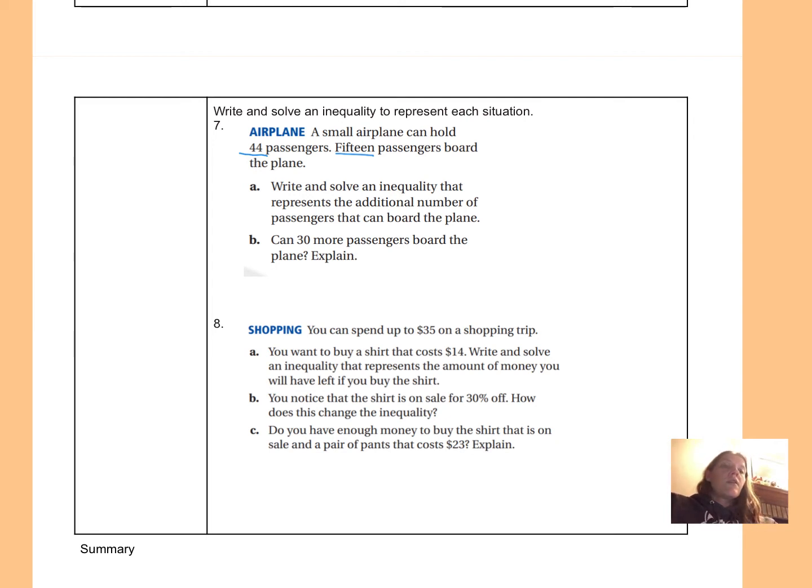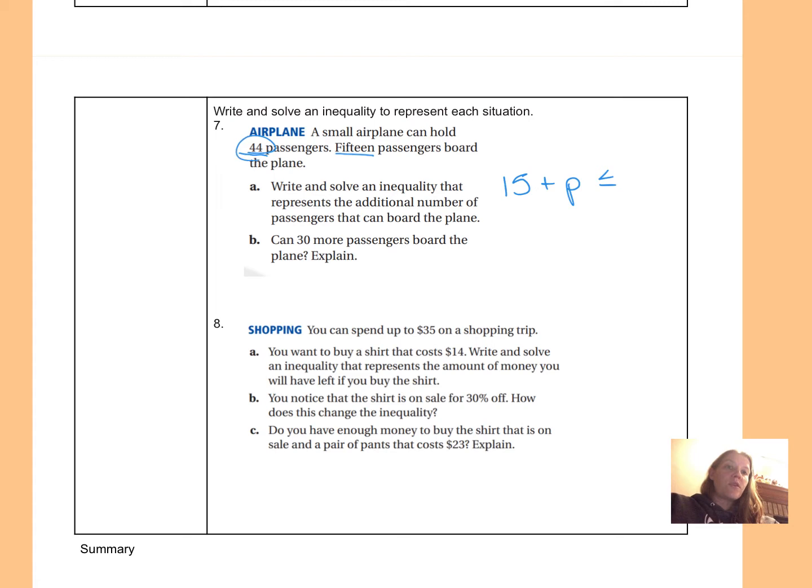So we already have 15. Plus we want to put more people, but we don't know how many people. So let's use P for passengers. So we're going to add some more passengers. But whatever that number is, this together has to stay less than or equal to, because it says it can